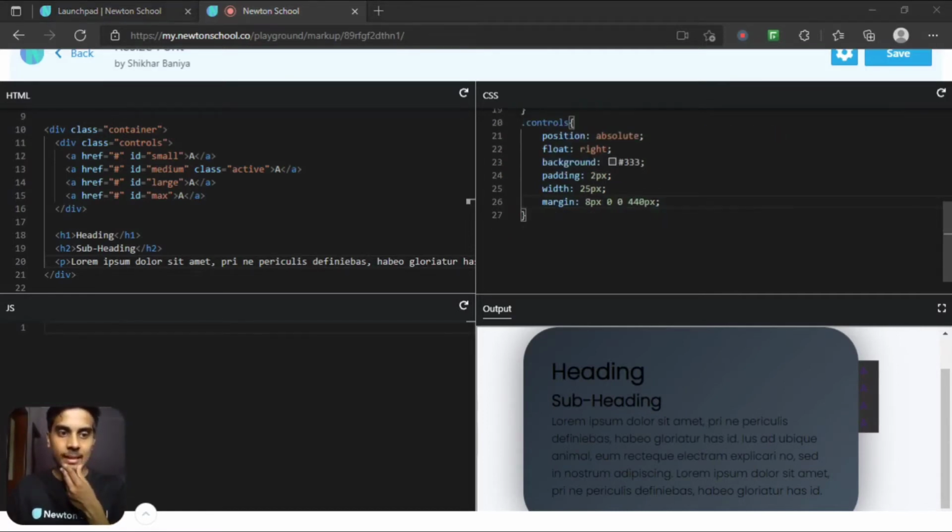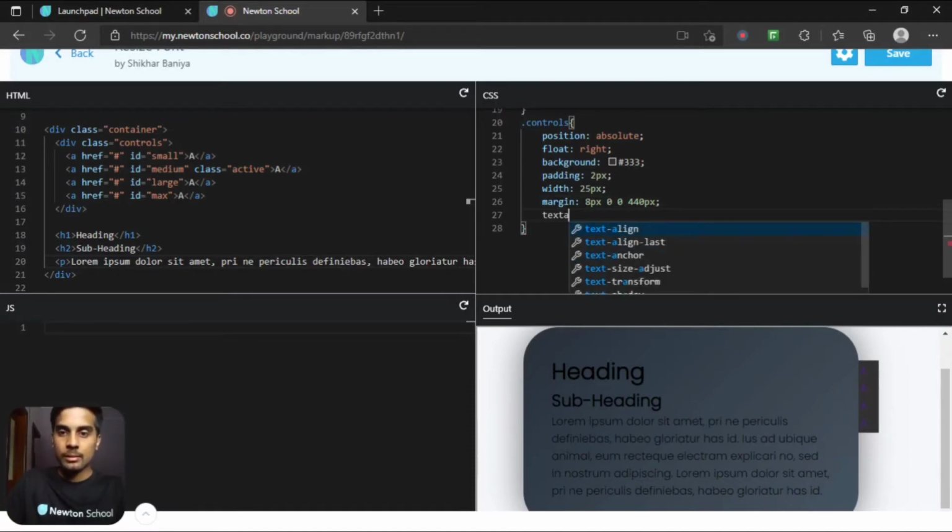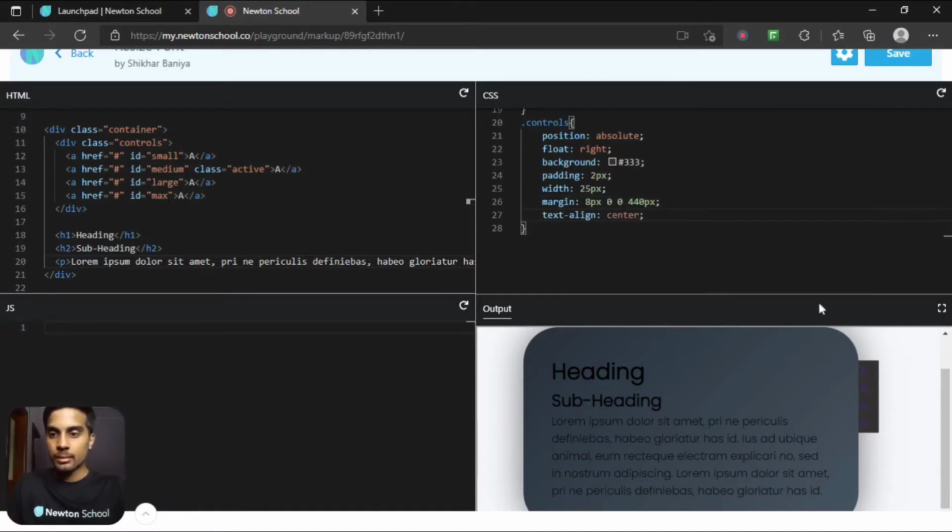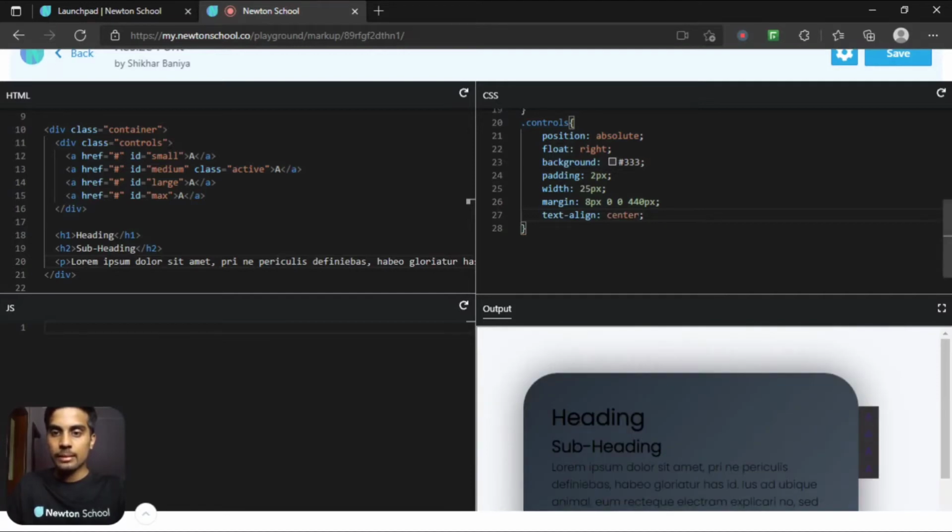So this is done. Also, I want text align as center, so it will get aligned in center. And in the end, I want to add a transition property for the animation, so this will be 0.25 seconds ease in and out.